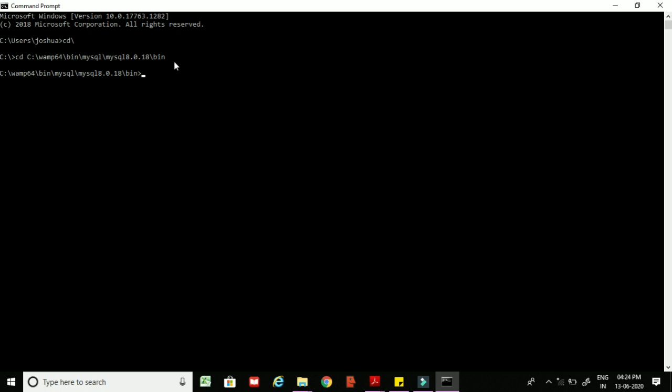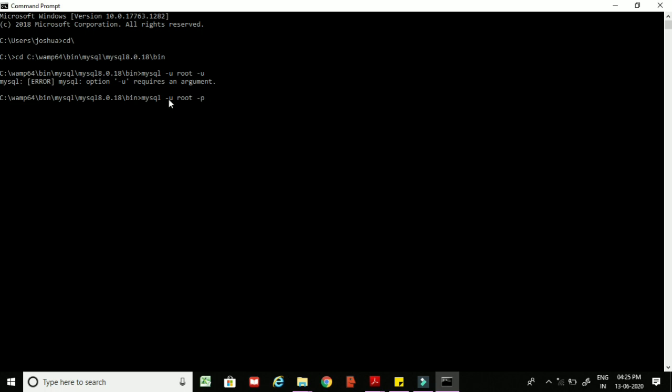Now we have to log in to our database. In order to log into the database, the command is mysql space -u, which means we are going to specify the username. What is the username? Root. And I am also going to tell the MySQL database that I am going to give a password. So for that reason I have given -u. Now press enter. Now I have given a wrong thing, because in mysql -u root -u, again I have given the same -u. So what I have to do is remove the u and put p, because I want to specify it as a password.